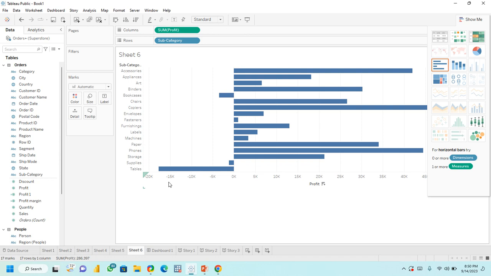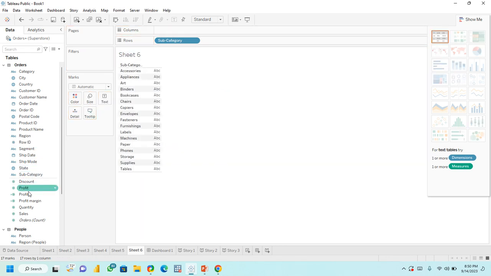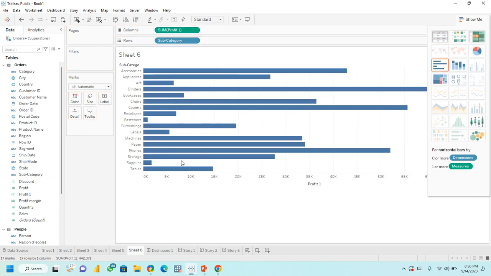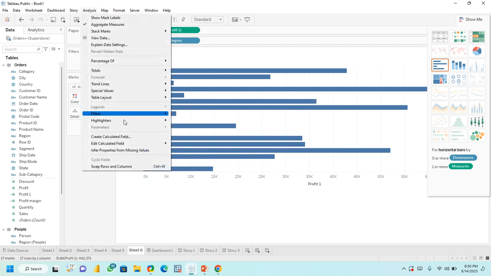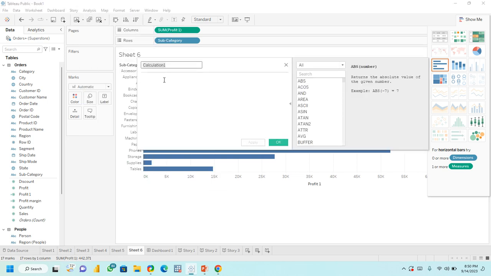Okay, so this is the previous profit, and you can see we have a combination of profit and losses, because anything less than 0 is a loss. But with the profit we just created, that's profit 1, we're having just profit. Let's create a calculated field for the losses. I go to analysis, create calculated field. I'll just call it loss,